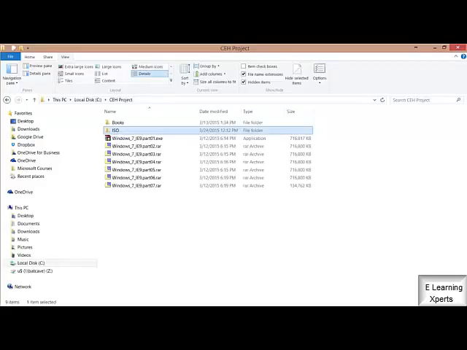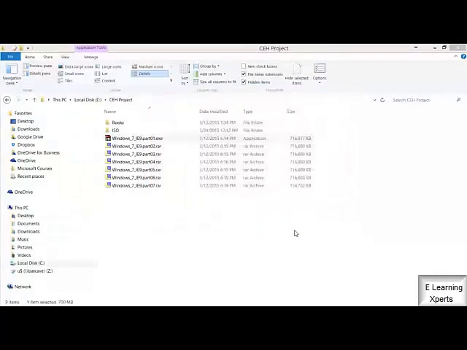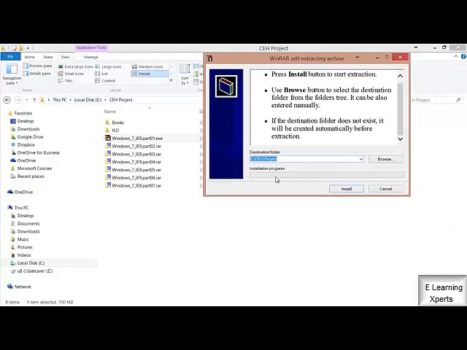The first one is an executable, and the rest of them are just RAR files that are needed for the executable to launch. When you uncompress these, in fact, while those other ones are downloading, let's go ahead and uncompress that. I'm going to just double click on it. It's going to bring up a license agreement here for me. I'm going to hit I agree. It then says, where do you want to uncompress this? Well, we're going to uncompress this